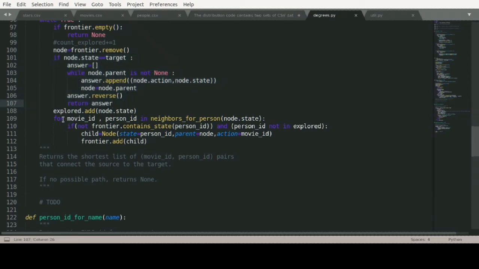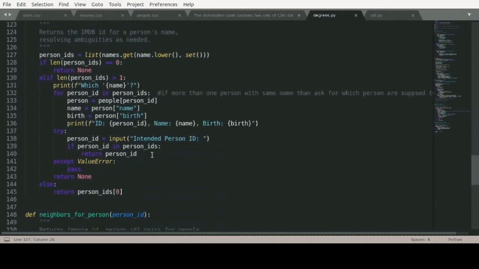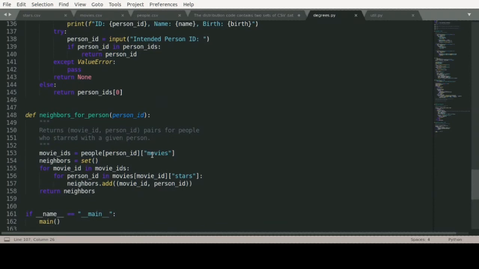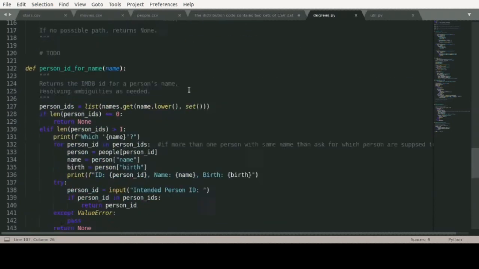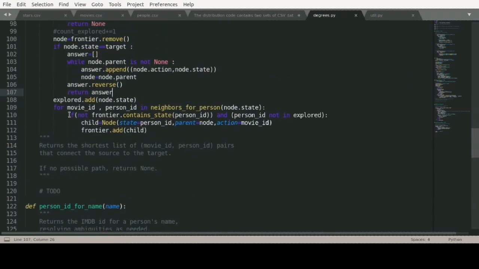and after that I look for each movie ID and person ID in neighbors for person, where I pass the node state. So neighbors for person is simply a movie ID and person ID pair for the people who starred with a given person ID. So in that I check if that person ID is not in frontier and not in the explored nodes.